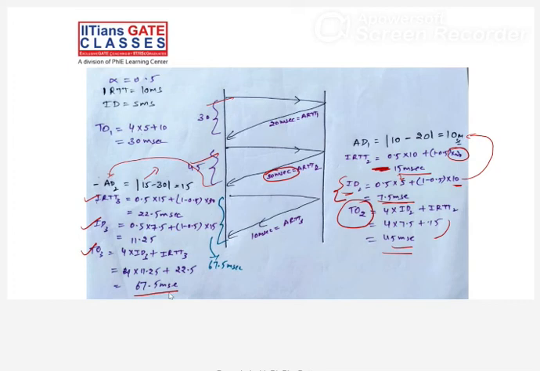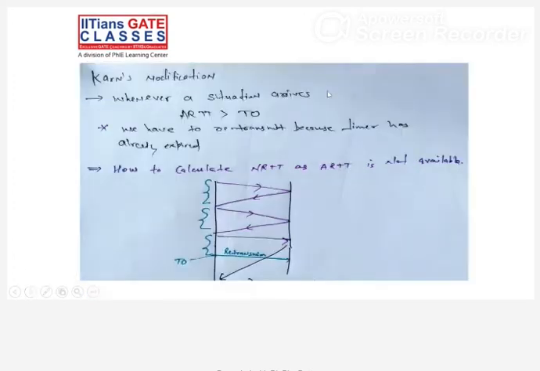And now this is done. For every segment we have to calculate the timeout, right? So this value is always the previous segment's round trip time. This IRTT is always the value of the previous round trip time, right? So you need to calculate the new round trip time. How? The same formula: alpha into IRTT plus 1 minus alpha into actual round trip time, right? This one is done. In the previous example, we calculated the new RTT.